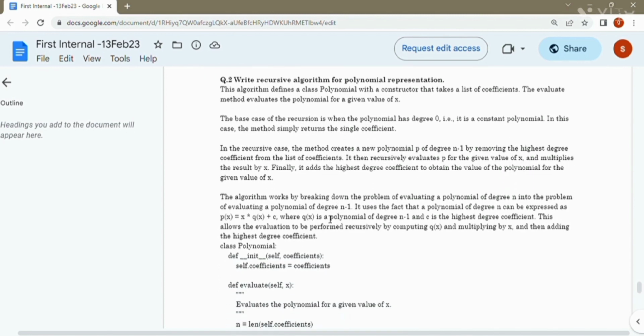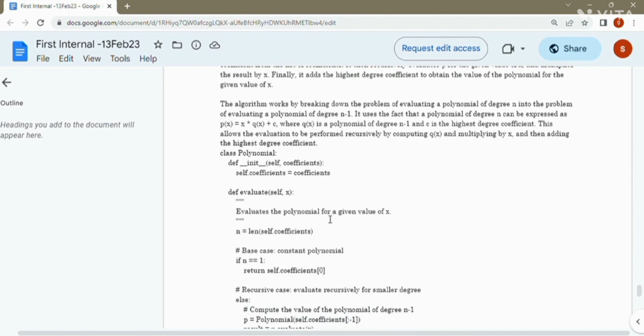The algorithm works by breaking down the problem of evaluating a polynomial of degree n into the problem of evaluating a polynomial of degree n minus 1. It uses the fact that a polynomial of degree n can be expressed as p of x equals x times q of x plus c, where q of x is a polynomial of degree n minus 1 and c is the highest degree coefficient. This allows the evaluation to be performed recursively by computing q of x, multiplying by x and then adding the highest degree coefficient. This is the algorithm of